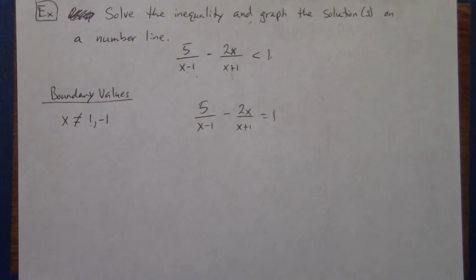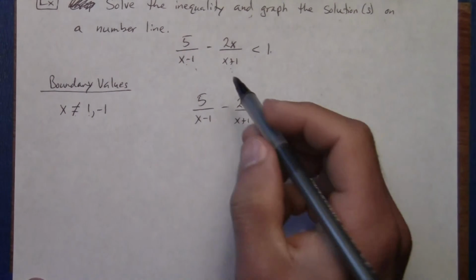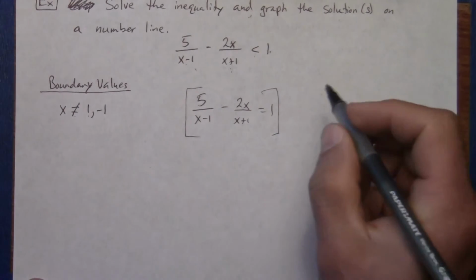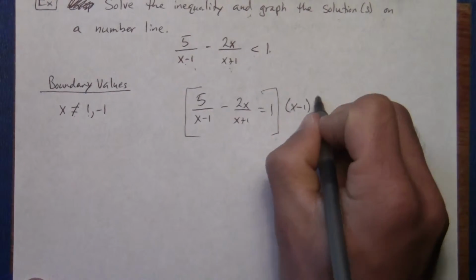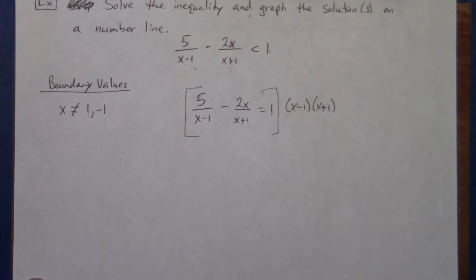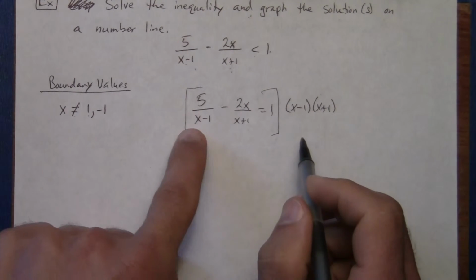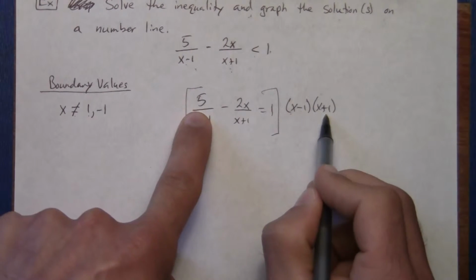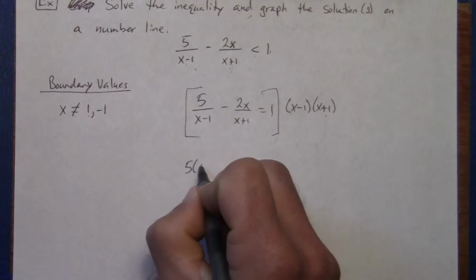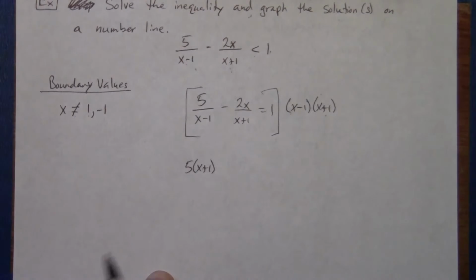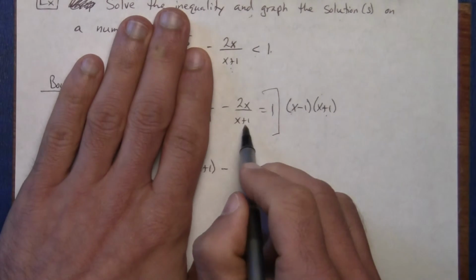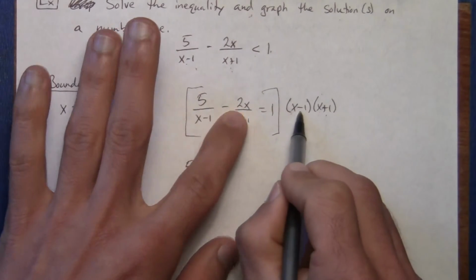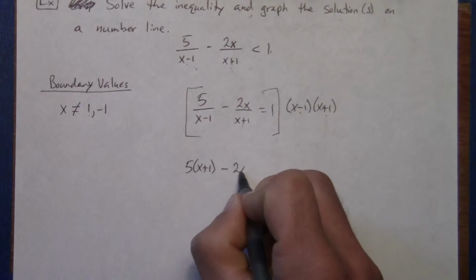Alright, so I'm going to get a common denominator, and it looks like I'm going to multiply everything by the least common denominator, which is x minus 1 and x plus 1. If I multiply this term by both of these, they would cancel, and I have 5 times x plus 1 left in the numerator. If I look at the second term, the x plus 1s would cancel, and I have negative 2x times x minus 1